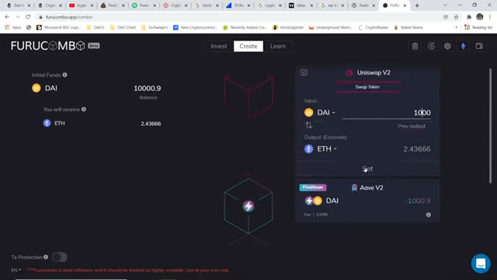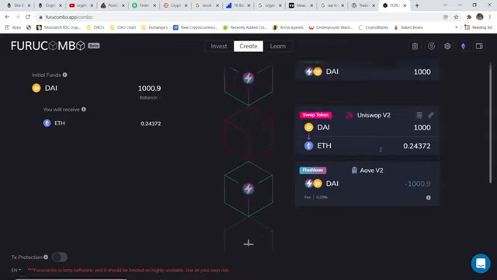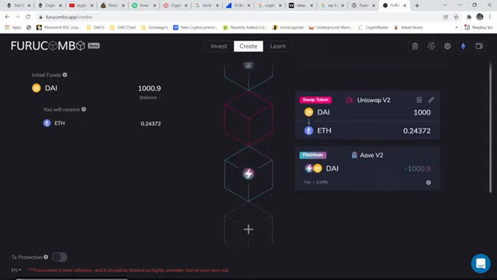Take a 0 out of there. And then we want to use the 1,000 DAI that we've loaned to swap for 2.43 Ethereum. And then what we want to do is swap that again on a different exchange, and this is where the arbitrage part comes in. So we've swapped the 1,000 DAI that we've loaned on the Uniswap